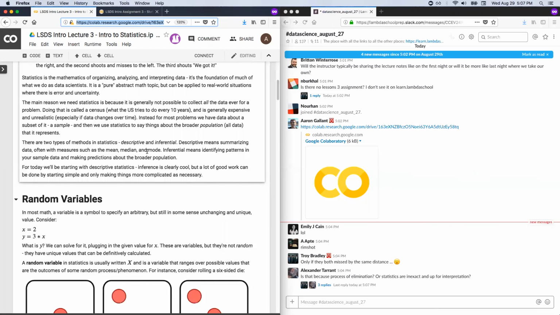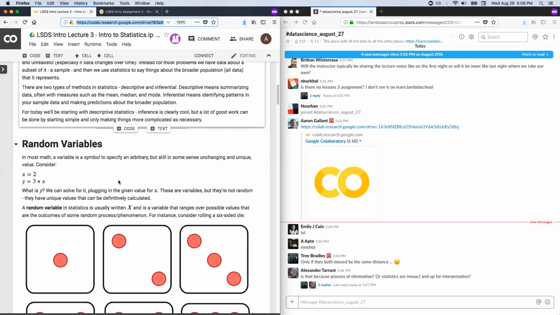We'll talk a little bit also, though, about random variables and distributions. So we'll be a little bit more quantitative about these topics than maybe you've been in the past. Inferential statistics is really cool. We will not be talking about it today, but it means identifying patterns in your data and then making predictions. So you have a sample, you identify all these patterns in it, and based on that, you can actually predict things about stuff you haven't seen yet. And that's pretty clearly powerful. So that said, it makes more sense to start descriptive.